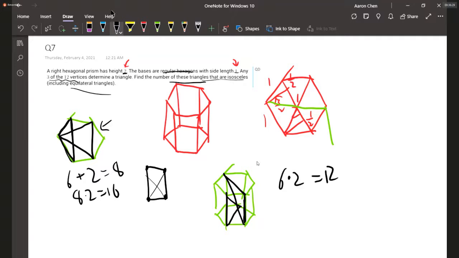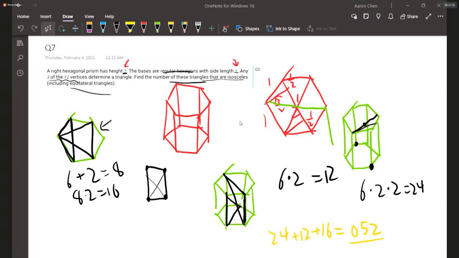And now, the final case is when the hexagon, the choices either look like